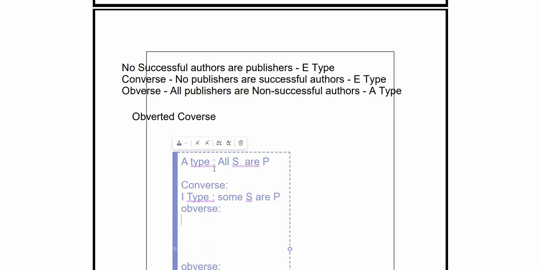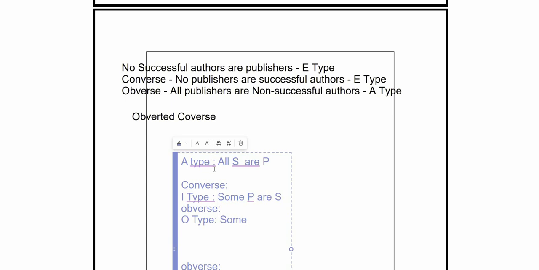So obverse of the I type is O type, which means in the converse we have to replace this. I hope you detected this fault, this mistake of mine, and you corrected it on your own. So in converse, the subject and the predicate are interchanged also. Okay. Whereas in obverse, the subject and predicate are not interchanged,